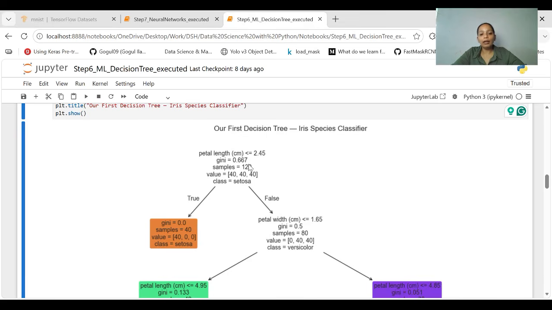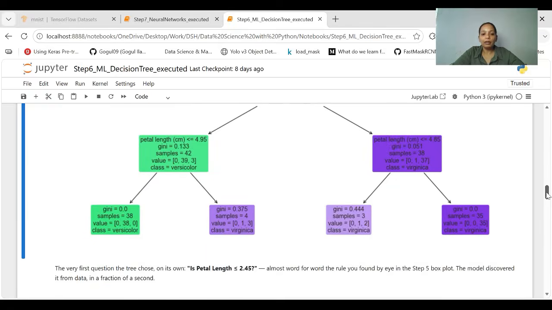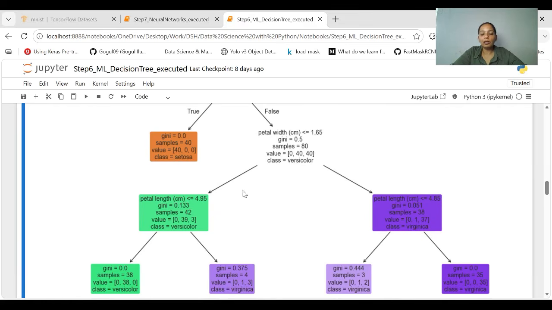If it is true, then the class is classified as setosa, and all the remaining 80 samples are classified as versicolor or virginica. So the next question arises: is petal width less than or equal to 1.65? If it is true, it goes to the green side, and if it is false, it goes to the purple side. This is our third step.